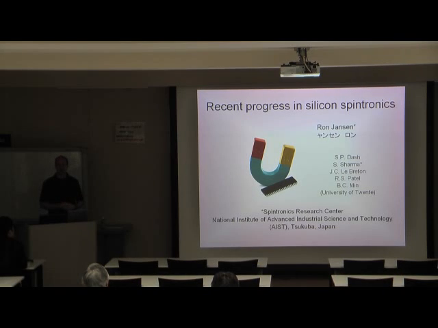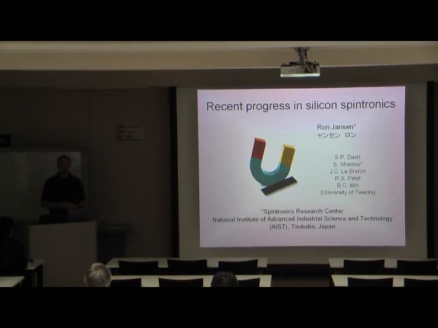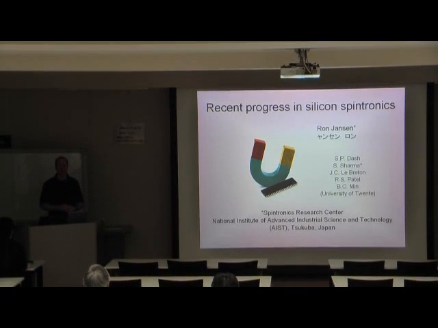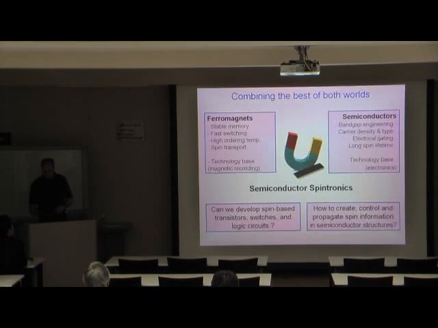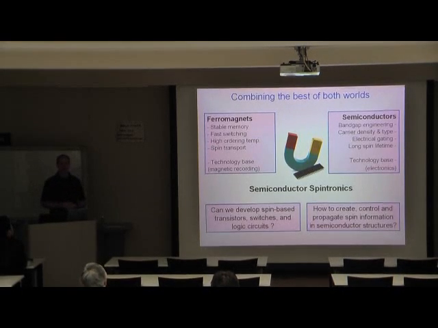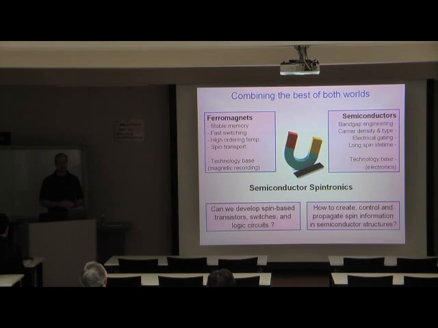However, this is true. I think that the most important reason why silicon is attractive is because it's the mainstream semiconductor. It's a semiconductor that dominates the world of semiconductors. And therefore there is a huge technology base that we can and maybe we should be making use of. Now, the same can be said for ferromagnetic materials like iron, nickel, and cobalt. These are widely used in magnetic data storage and magnetic recording, and there's also a huge technology base for these materials. So what we would actually like to do is to combine these two types of technologies, ferromagnetic technologies and semiconductor technologies, and make use of the unique properties of these two types of materials.